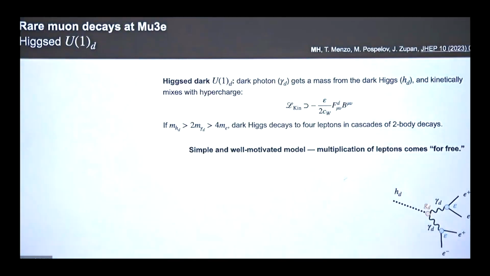So let me jump straight into the first model for mu5e. We'll start just with a simple dark photon, which is Higgsed by some new dark Higgs mechanism. There's kinetic mixing between this dark photon and hypercharge, so that upon creating the dark Higgs, if the mass spectrum is just right, namely the dark photons are lighter than the dark Higgs, then you could create cascades upon producing this dark scalar. It decays to two dark photons, which in turn decay to e plus e minus. So it's a simple, well-motivated model, and multiplication of leptons comes for free once you produce a dark scalar.